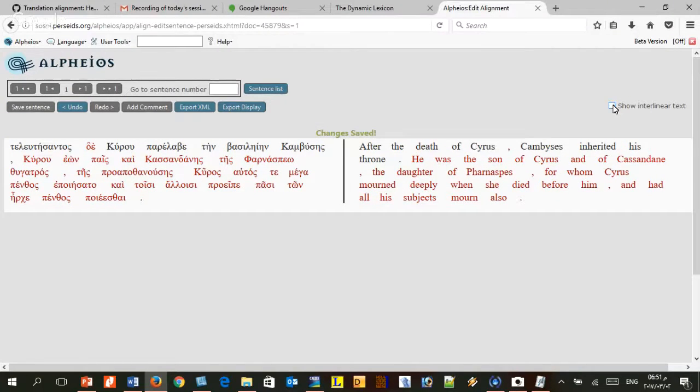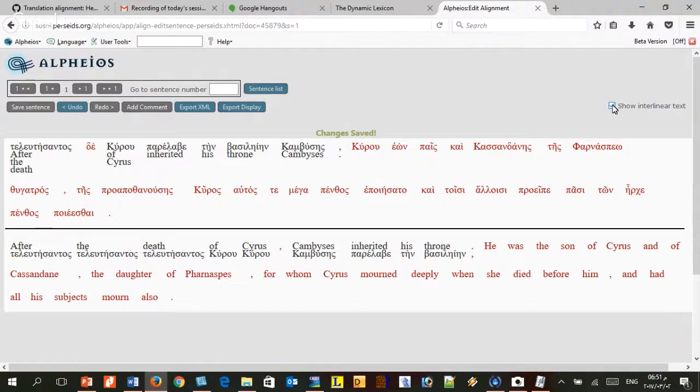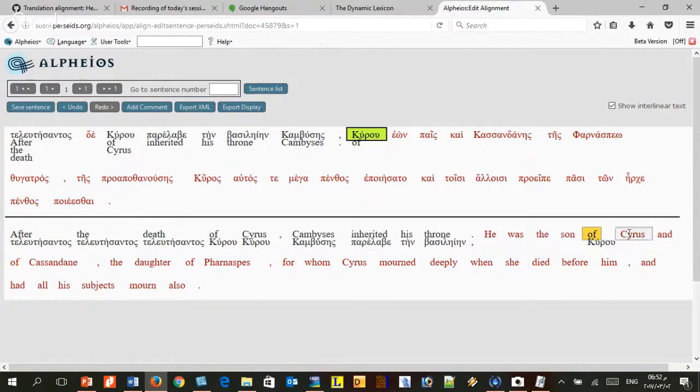And of course, as I said, this is another way to do it. You could even do it like this. So here Kyrou corresponds to "of Cyrus," and so on.